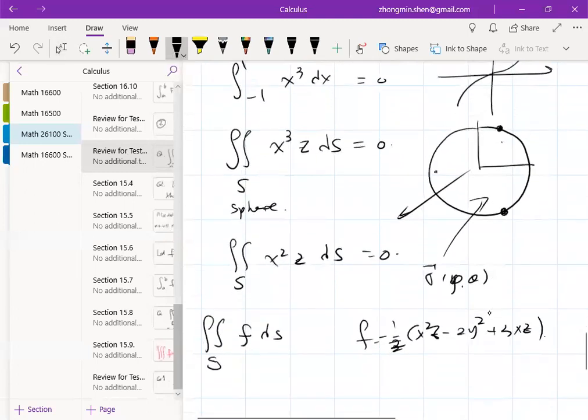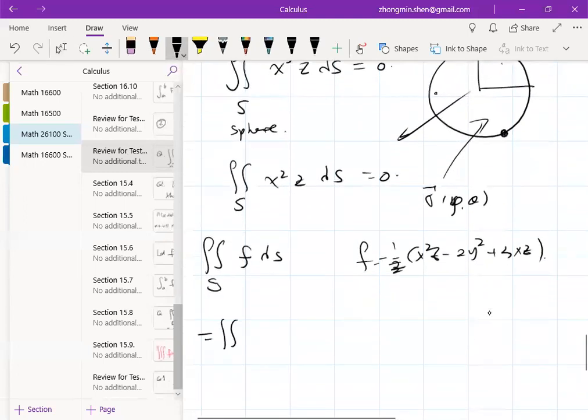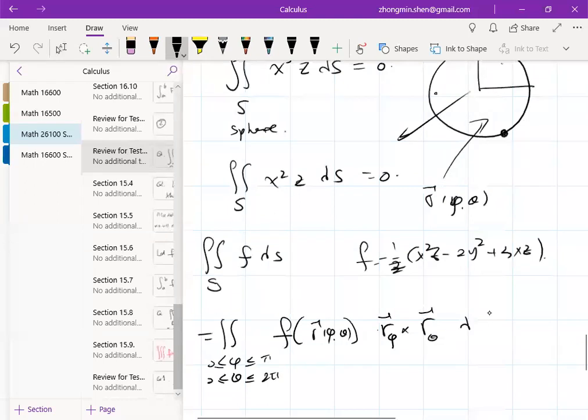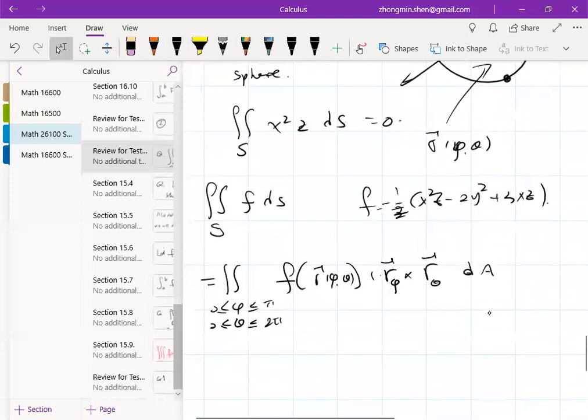And this is a function. Now, if you use the parameterization, how do you do that? You will get phi between 0 and pi, theta between 0 and 2 pi. And here, f, you have to evaluate this, okay? Then here's the cross product, and the dS is sine phi d theta d phi. This is the length, okay? I think this gives you sine phi, but as a term, when you replace